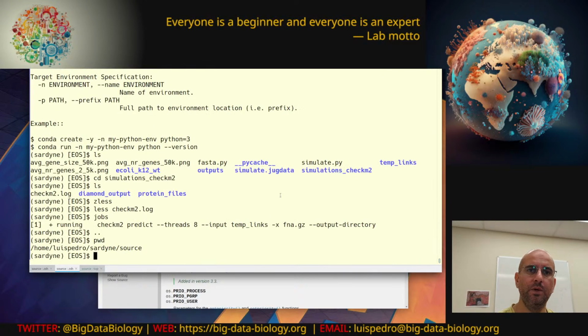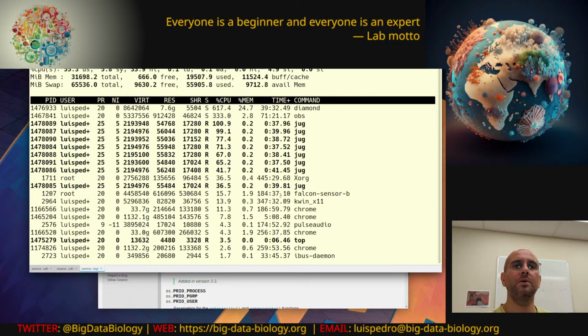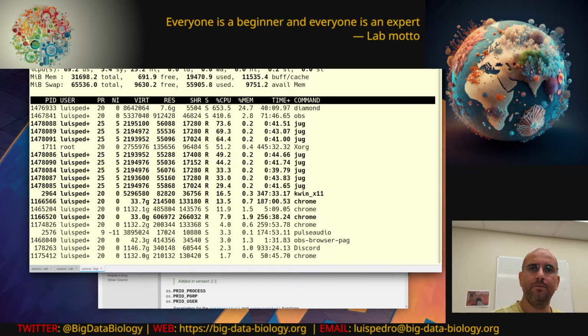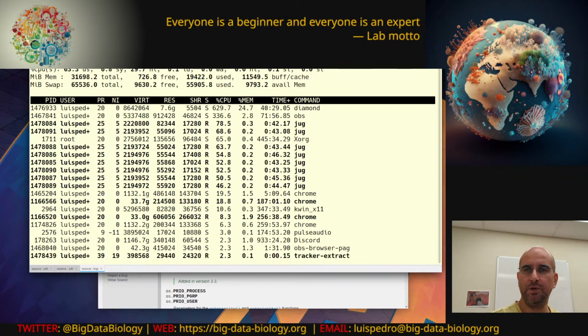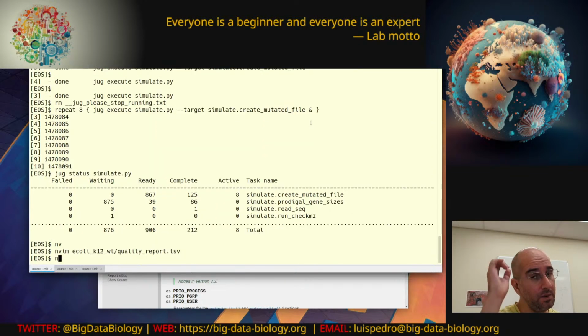So maybe not so great, but we still don't have the quality report. Yep, they're still running this big Diamond process. Okay, I guess it has done some pre-processing for the initial genomes, but not everything has finished. So this also probably means that we might not be able to do